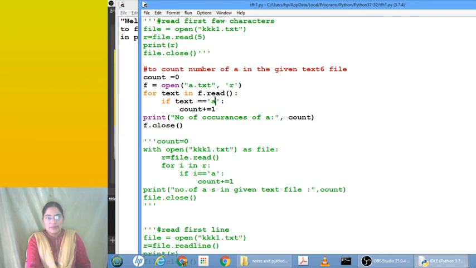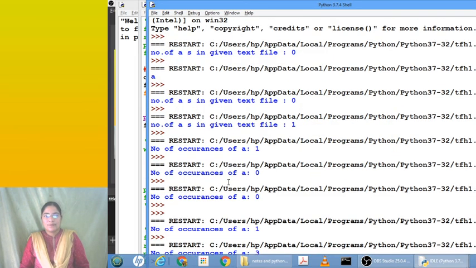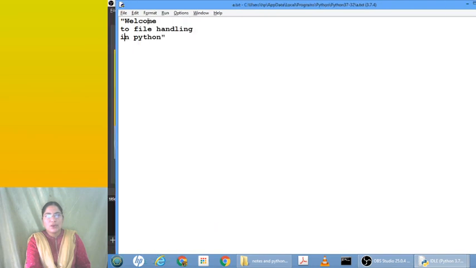Let us find the number of occurrences of E in this text file, that is a.txt. See how many occurrences of E are there? 3. So you can see the number of occurrences of E. If you open and read also, see, 1 we have here, 1 we have here, and 1 we had here, right?